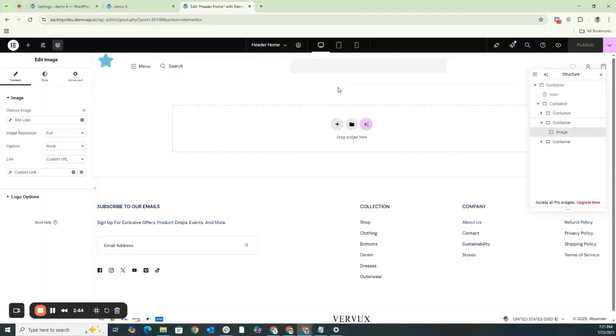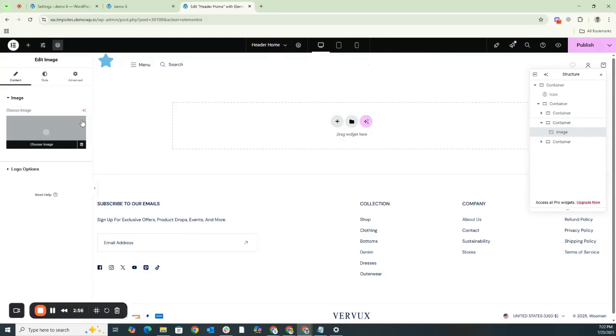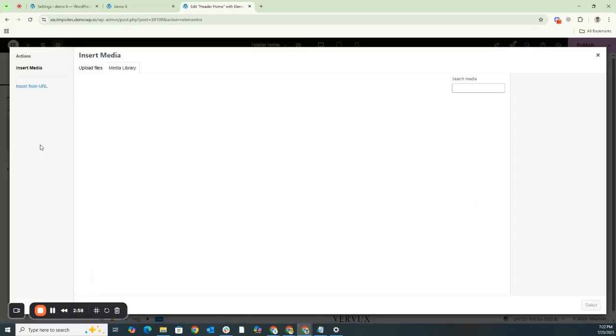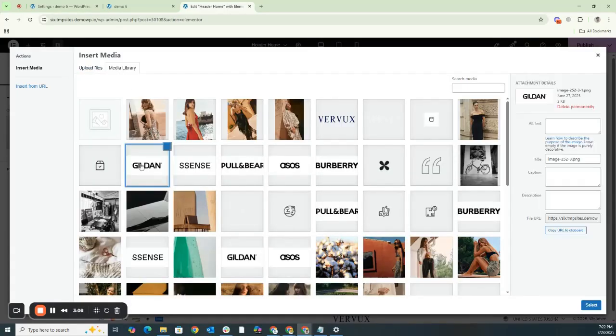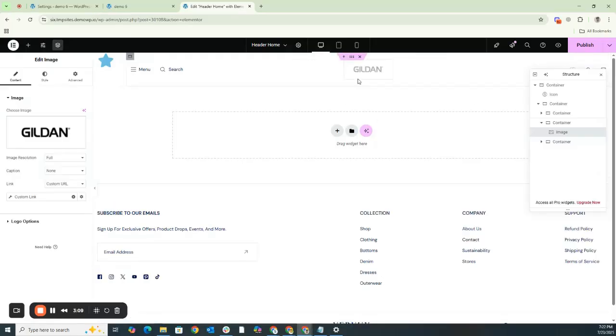Alright, if you go to Elementor, now let's say you want to use your own custom logo instead of the site logo. You have an image and you want to add it directly. Then you simply need to click on this. Here you need to remove the site logo by clicking the cross. You have the option to choose an image. You can either choose from the library here or upload your own file from your system. We chose from the library, so you can see that our logo has changed.